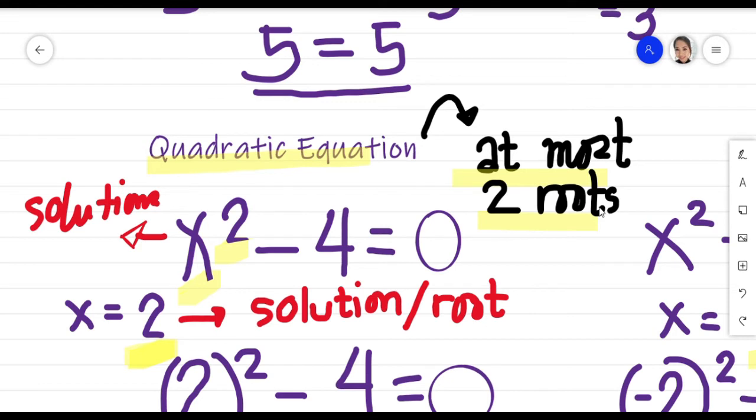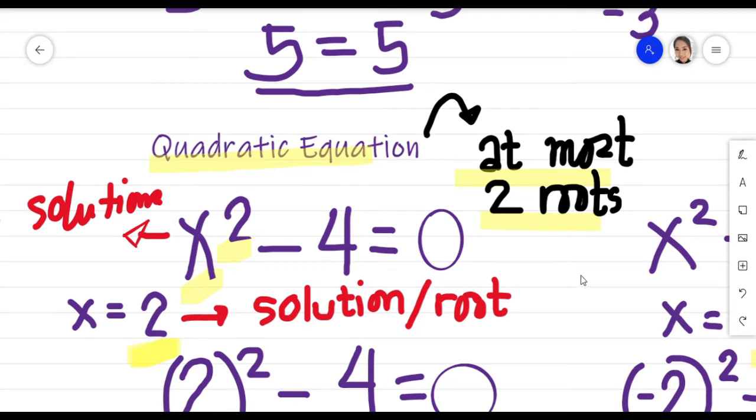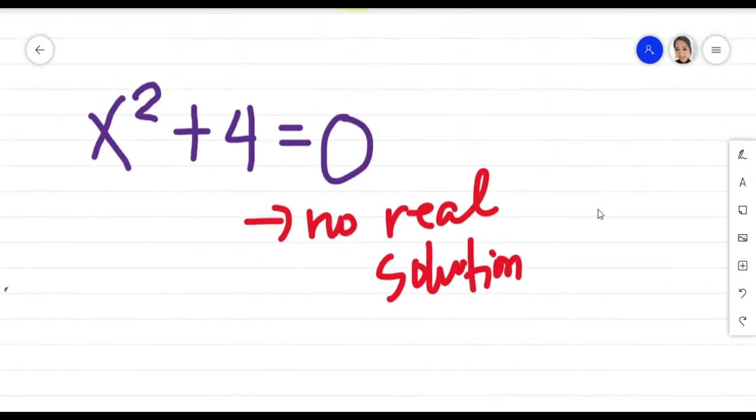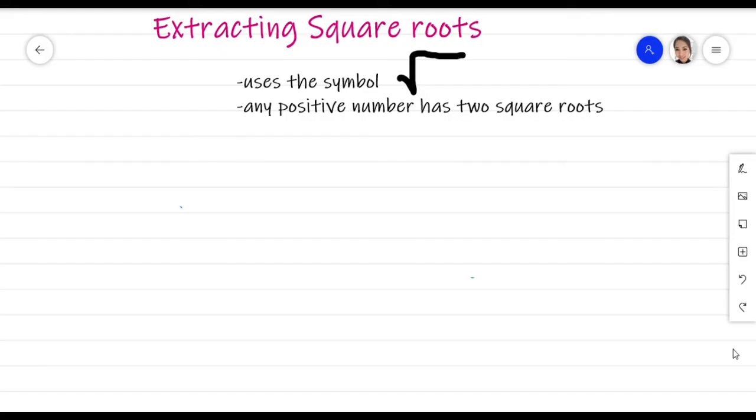Pwede dalawang solutions, pwede isang solutions, pwede rin walang real solution. Kagaya na nangyari kanina in this example. Extracting square roots. Now, extracting square roots uses the symbol, this one. We call it the radical symbol. And also, the square root of any positive number has two square roots. For example,